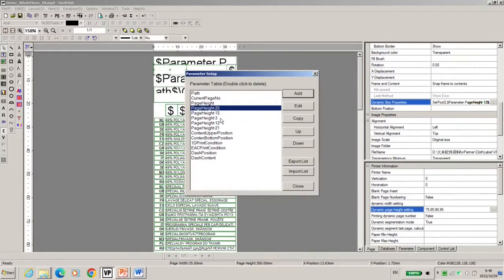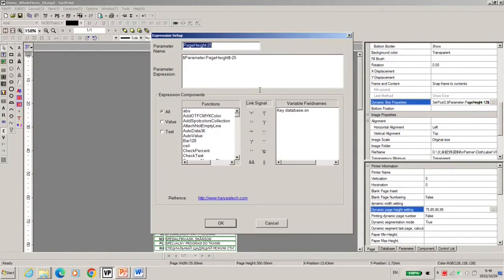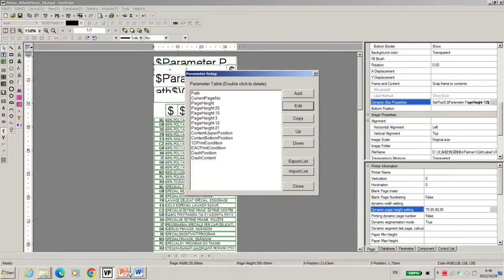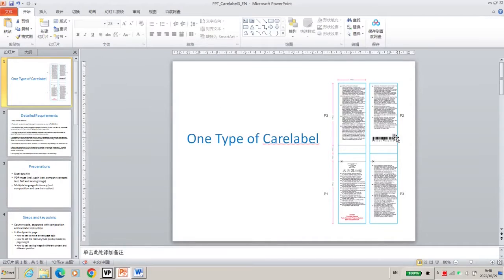So here, to make it easy to understand, I'm using the page height minus 25 for the EAC. So this is the bottom edge. Page height minus 25 is this position. So in the future, we use this parameter to define the Y position of the EAC.